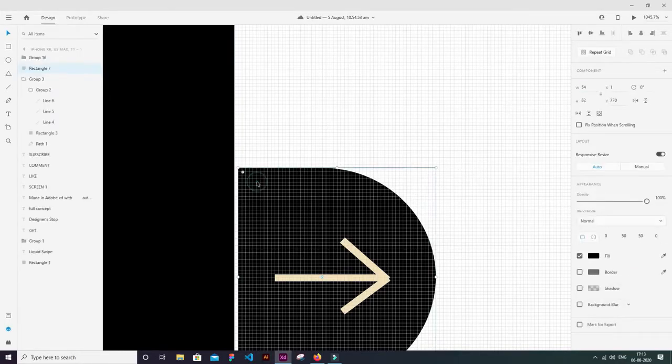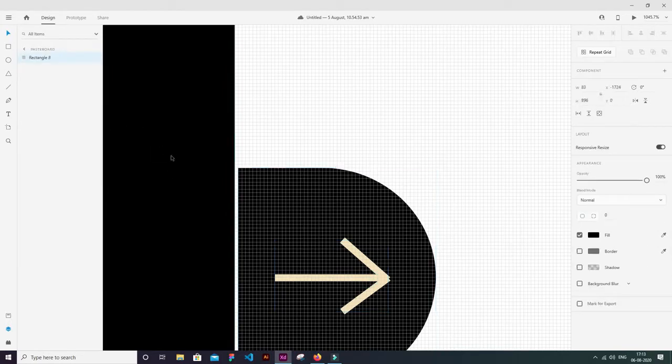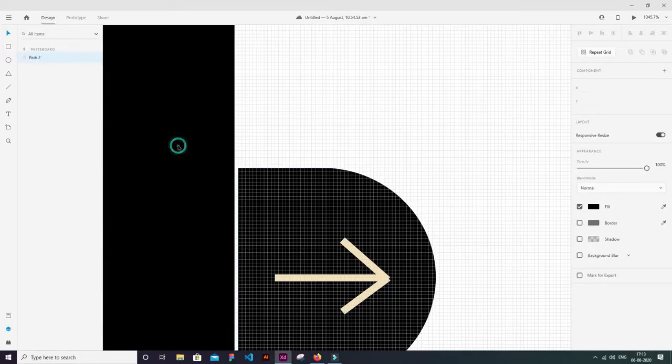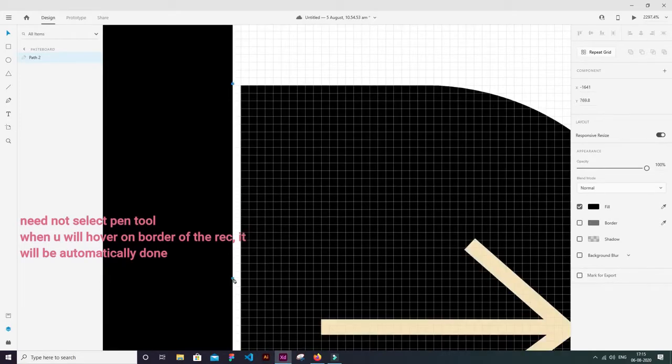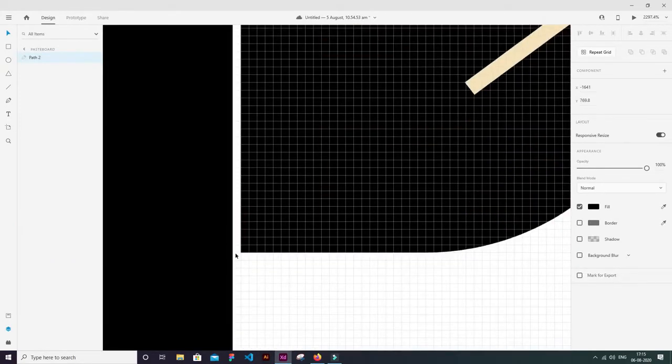Then select this rectangle and arrow, move it to x 1, x should be 1, then double click on this rectangle, then double click it again, and it will show you path 2. Make one dot here and another dot here. This should be aligned.